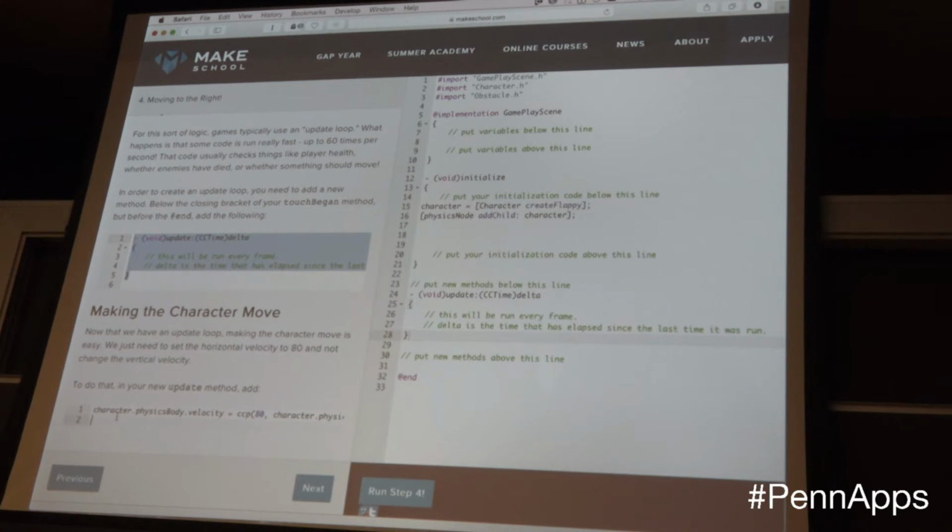So all we're going to do in this method is we are going to say that the velocity of the character, which has an x and y component, is now going to be moving. Very simple. So let's see what that looks like.